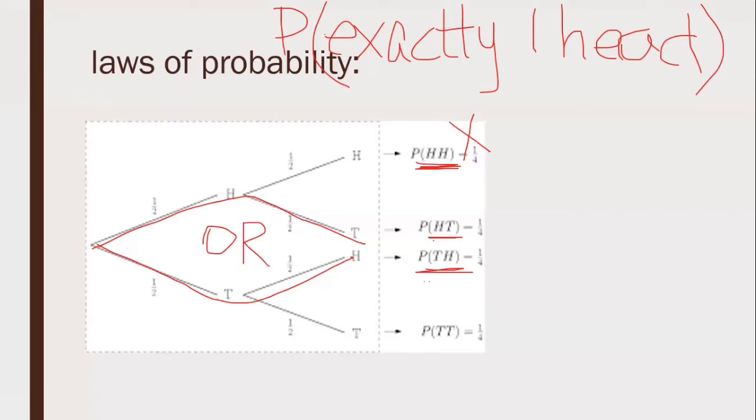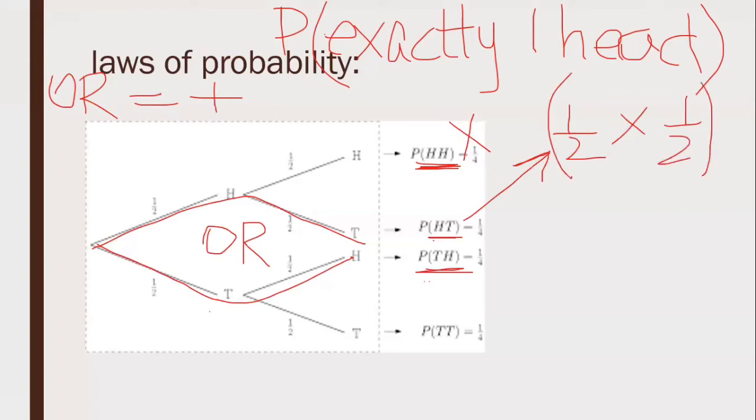So or means to add, because in order to get one head, we can either use this combination or we can use this combination, and this or tells us to add. Now how are we going to add it? First of all, this combination will be half into half as we did before, and this will be in brackets, because in order to obtain this combination, we are obtaining a head and a tail by multiplying, and then we're going to add it with